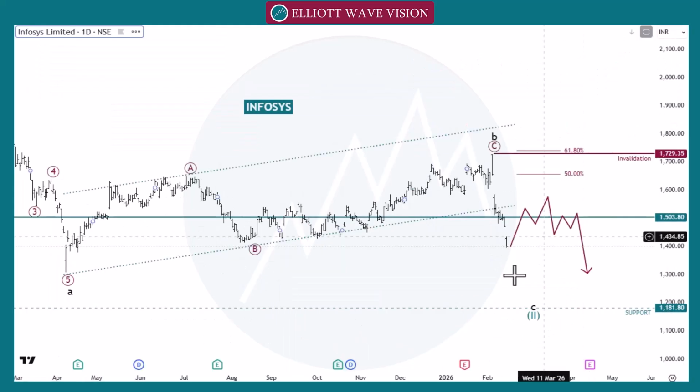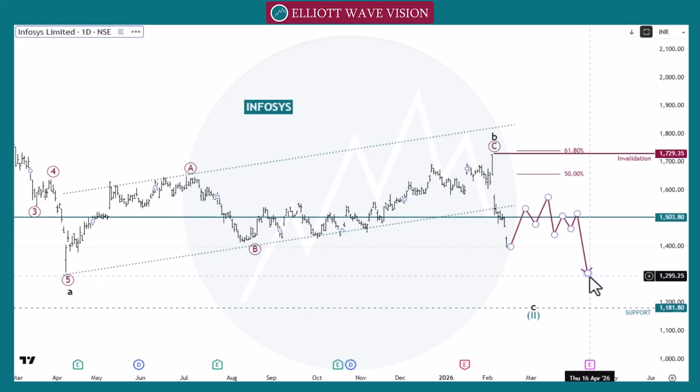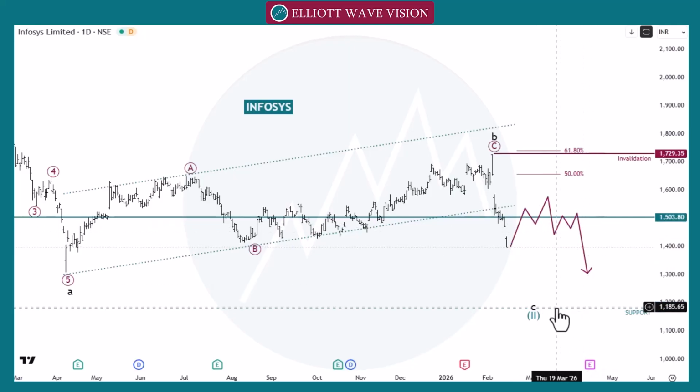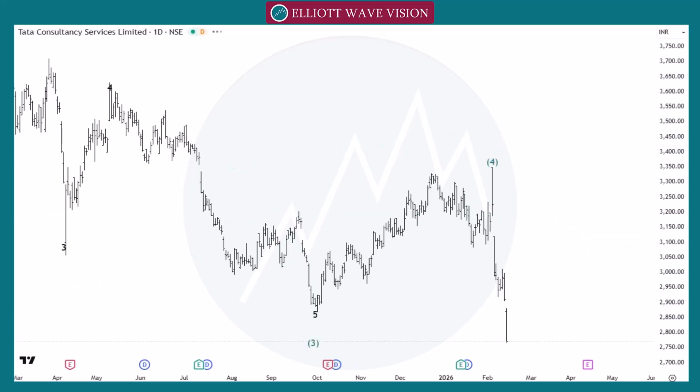So at this point, market not stop at 1500, directly creates low. Now we need to wait for this correction and next impulsive move in lower time frame and its correction to go towards the 1300. Or we can go directly with this wave B towards the bearish side. So let's check our next pair, TCS,